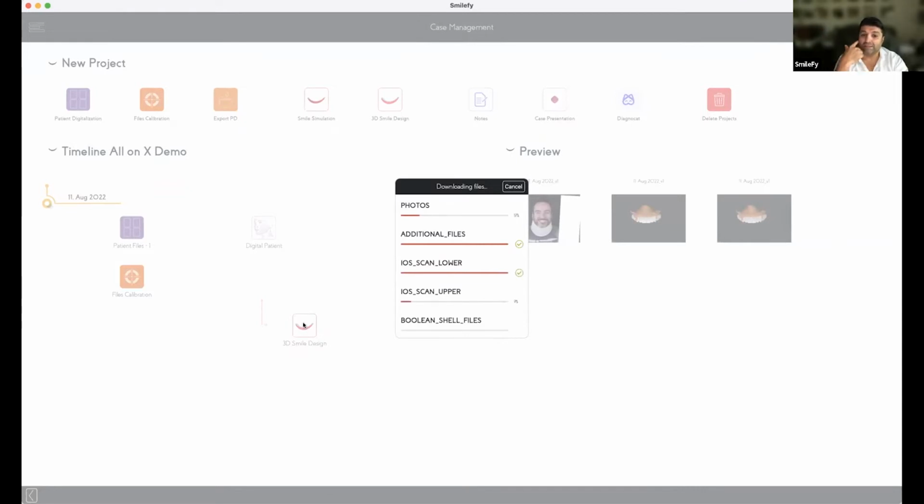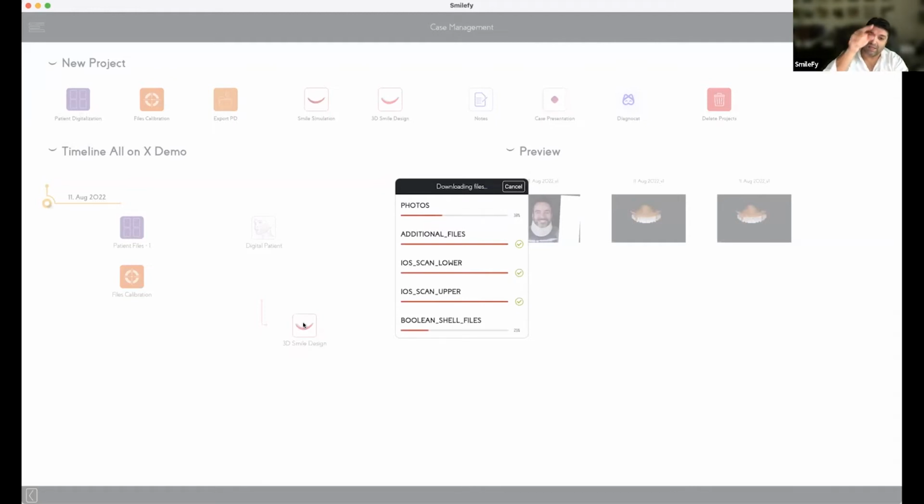Because if we can connect all the teeth, then we can create also a full arch implant bridge without a gingiva. And if you have cases in which the gingiva is good and healthy, then you can just put the prosthesis of the teeth on top, and it looks beautiful. It looks very natural. That's something that we're going to also add, because that's really a thing of a couple of days.